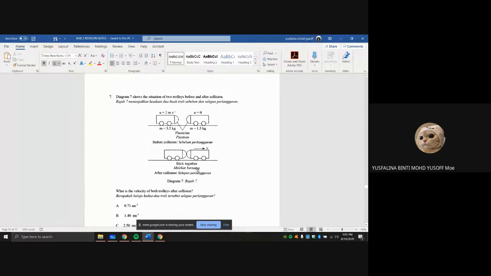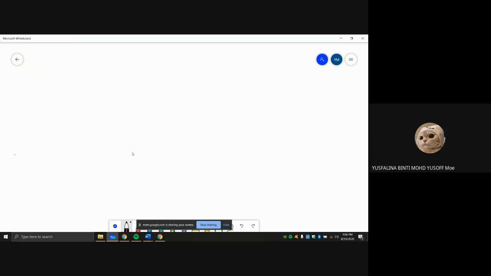Okay. So number 7. It says here the diagram 7 shows the situation of two trolleys before and after the collision, right? So it is asking what is the velocity of both trolleys after collision. For this one you have to know whether it's elastic or inelastic. You can see here it says they stick together. So if they stick together, this one is inelastic. Okay. So the formula should be